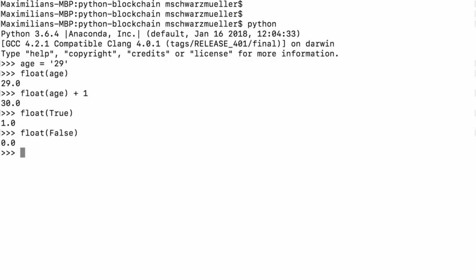So just as the int function, this is very useful if you got some data in the wrong data type, but with a value which you know that it can be treated as a number, and then you got an easy way of converting that data type to a number.